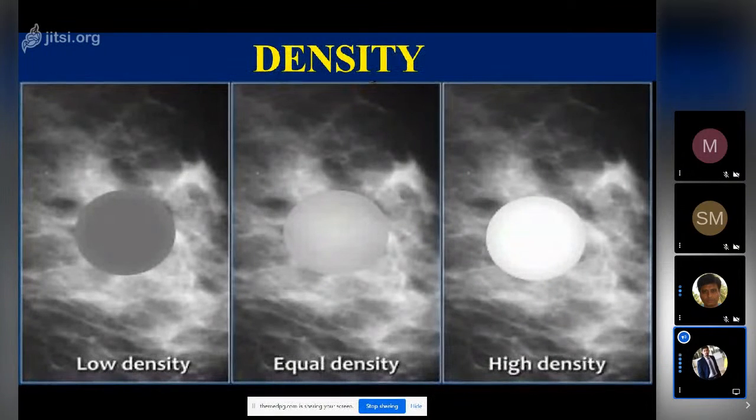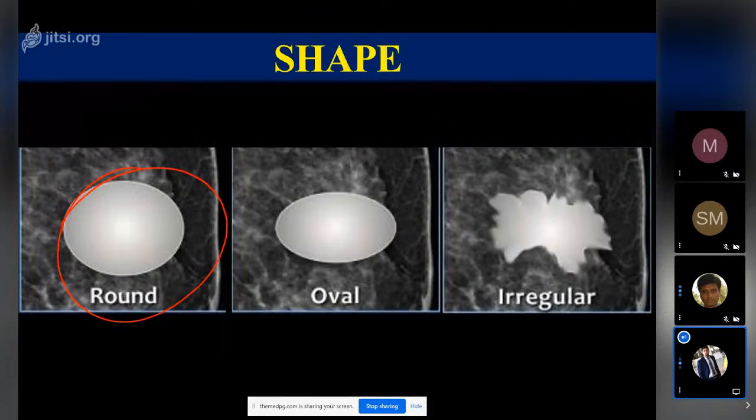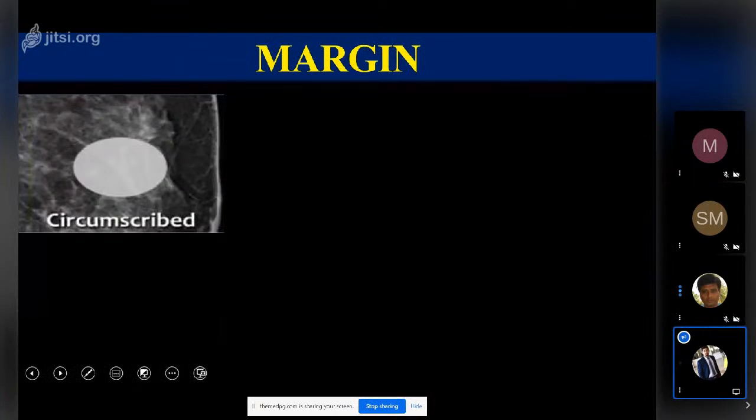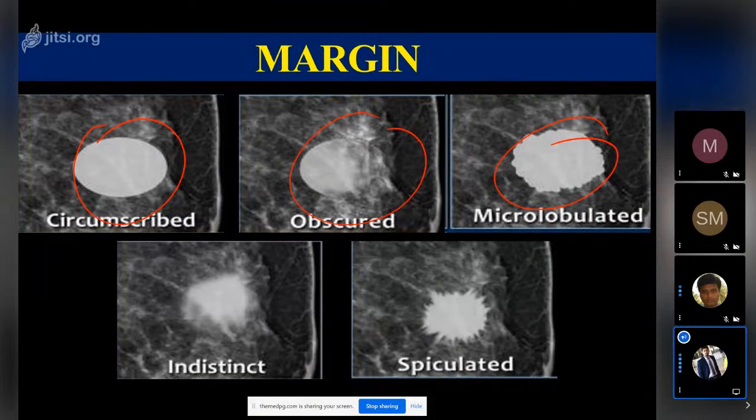So we know that low density favors benign, and high density favors malignancy. Also the shape: round favors benign, irregular shapes malignancy, well circumscribed is benign, and obscured is benign, whereas microlobulated, indistinct, or spiculated, these three things are nothing but